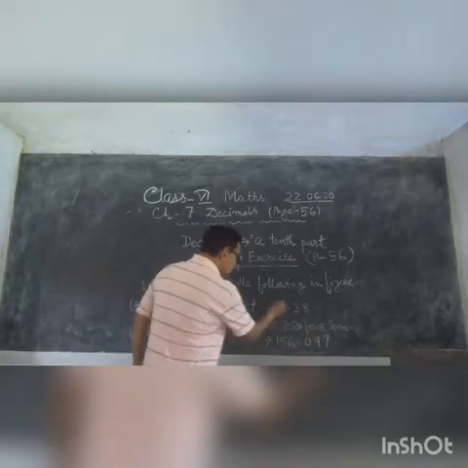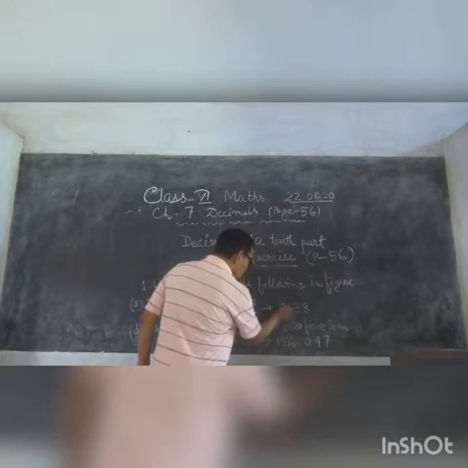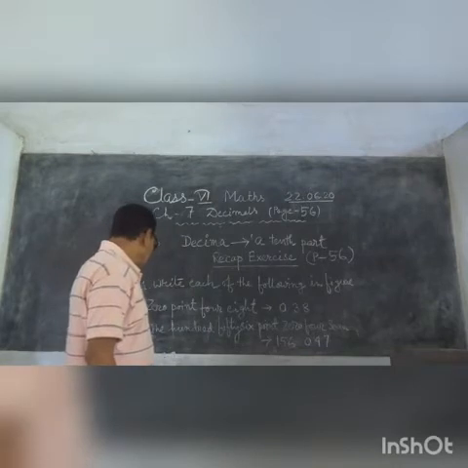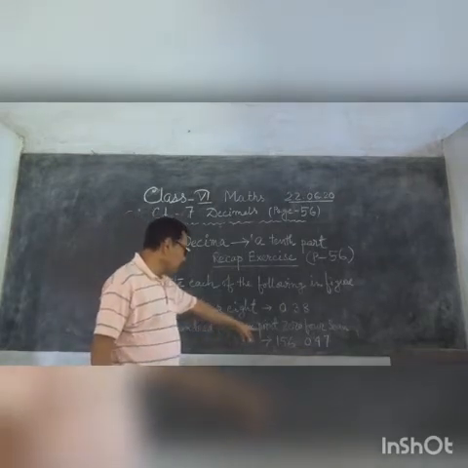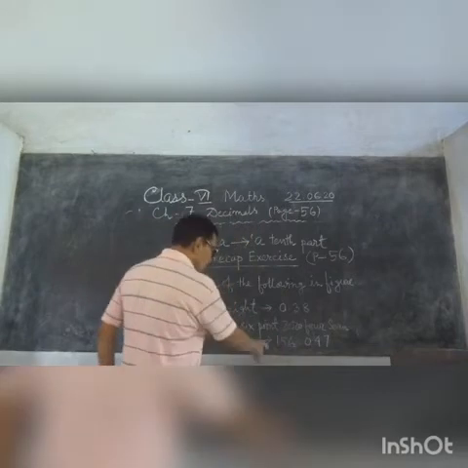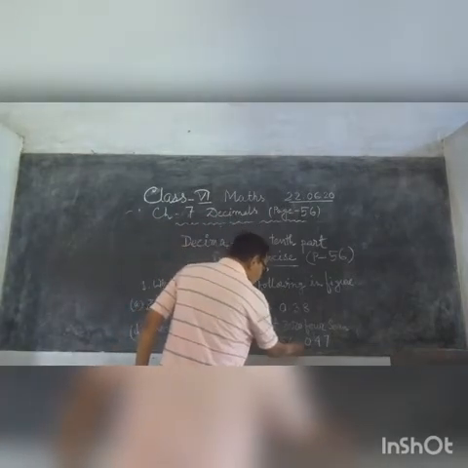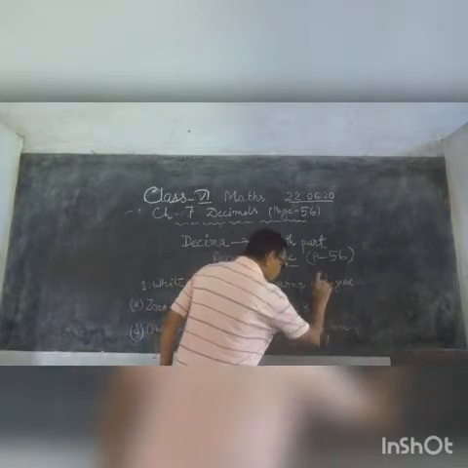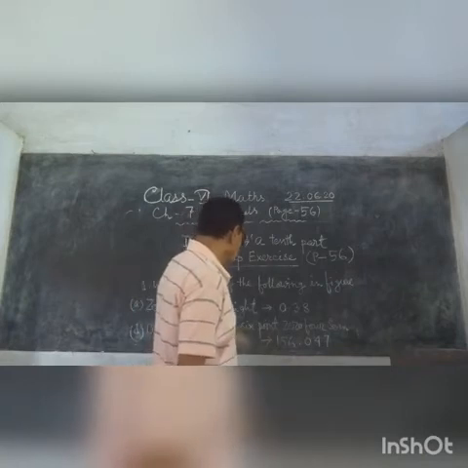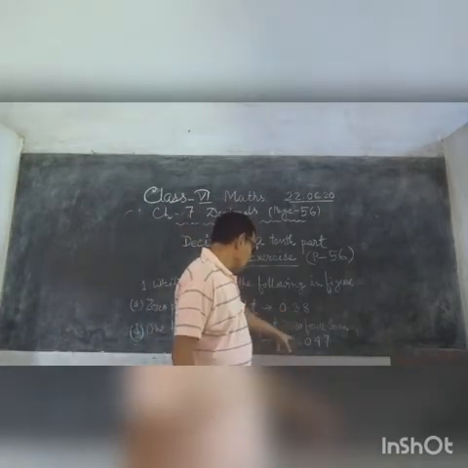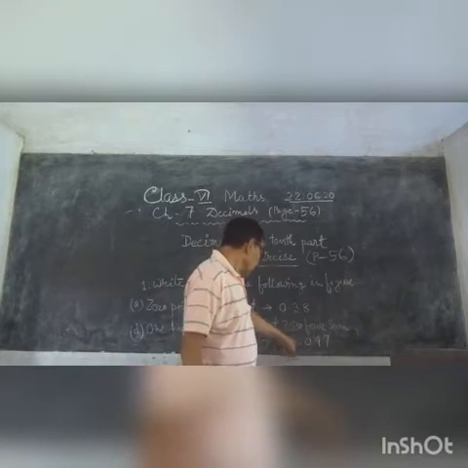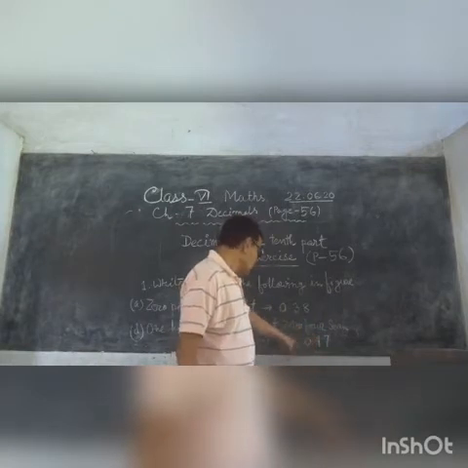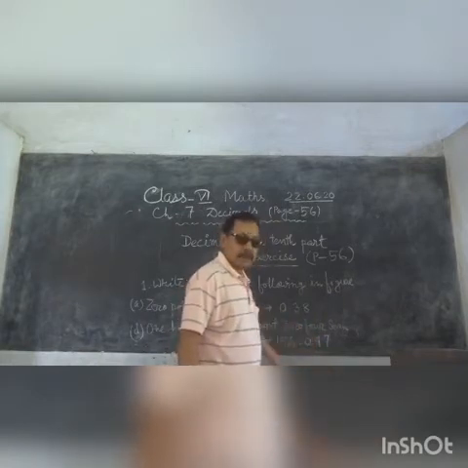0.48. So it will be written like this. 0 first, put the decimal point, 0.38. Then number D, 156.047. Write 156 first, then put the decimal point, 0.047. Don't say 0.38 or point 47. Don't say like this. This will be 0.47. Next.